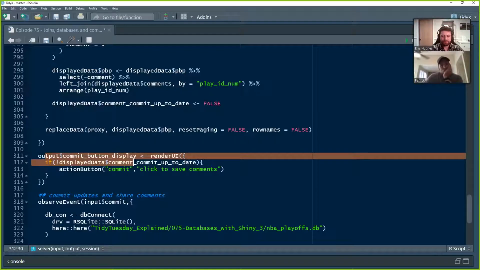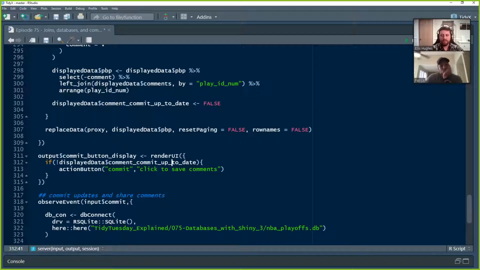UI, and here we're saying if this statement is false, so if the comment commit is up to date, if that's false, then show this button saying, hey, click me to commit your comments. Because right now, when you first open it up, it's not going to show up because there's no comments to commit. As soon as you make a comment, it'll then pop up because it's reactive and go, hey, you've made comments, but you haven't shared them to the database. Click on me to do